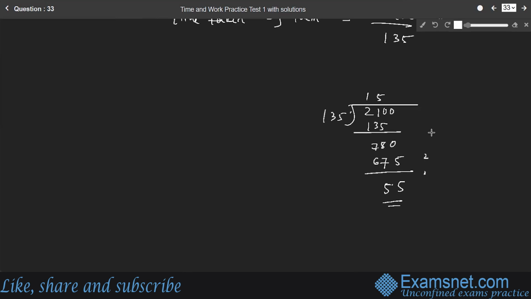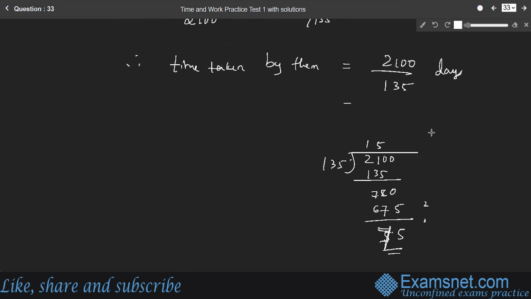So here, yes, 75 is the remainder. So here you get 15 integer, 75 by 135. Right? Still you can simplify. 75 by 135 can be written as